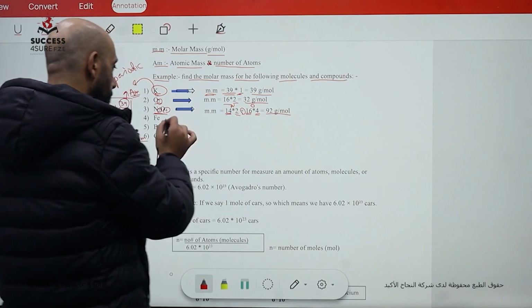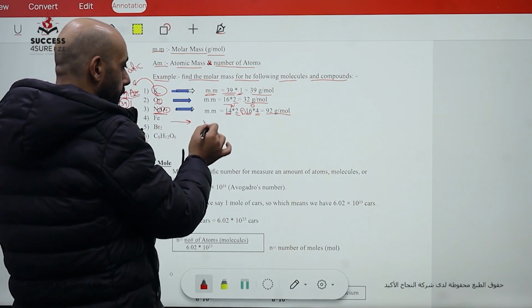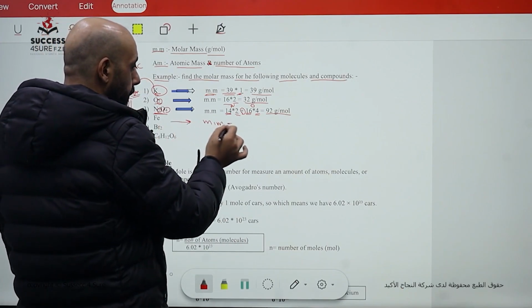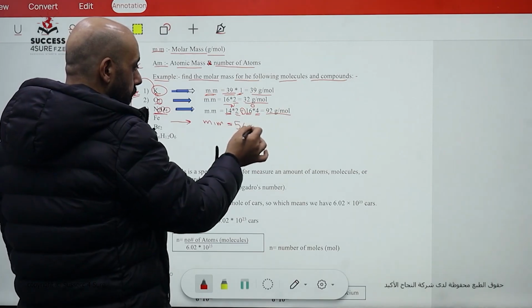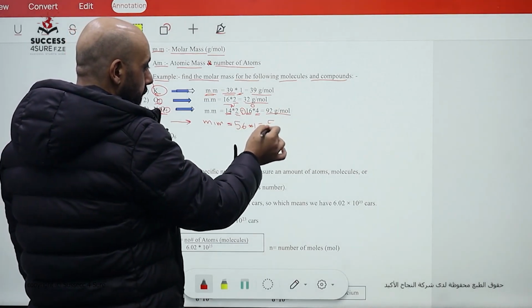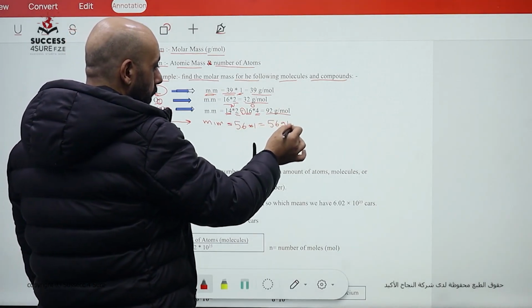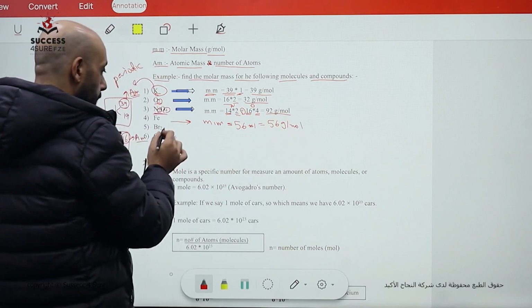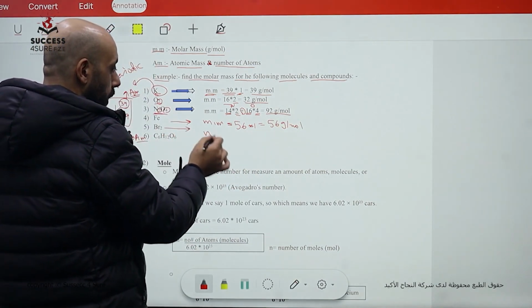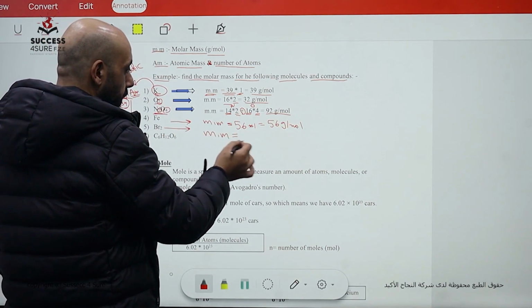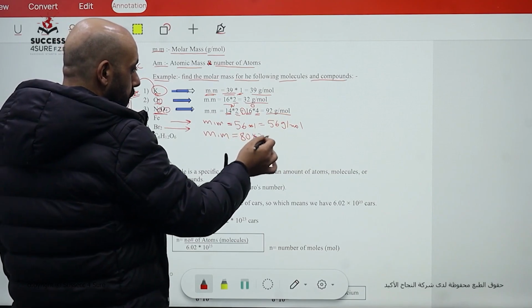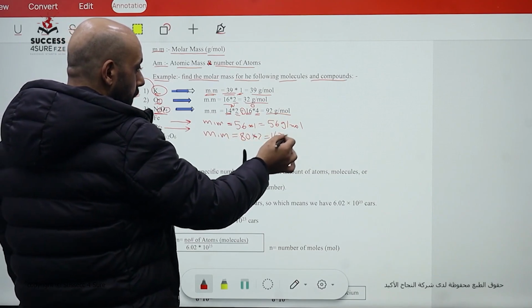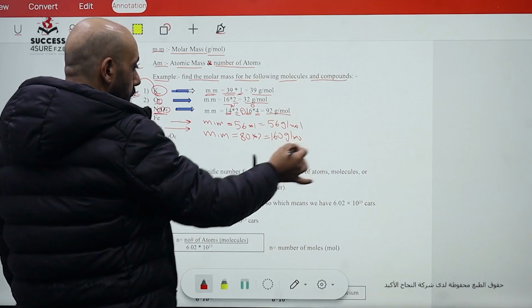Now those examples, like Fe, the molar mass of Fe is going to be 56 times 1, so it's going to be 56 gram per mole. The next one is going to be bromine, Br2. The molar mass of bromine is equal to 80 times 2, which equals 160 gram per mole. Now the next one,